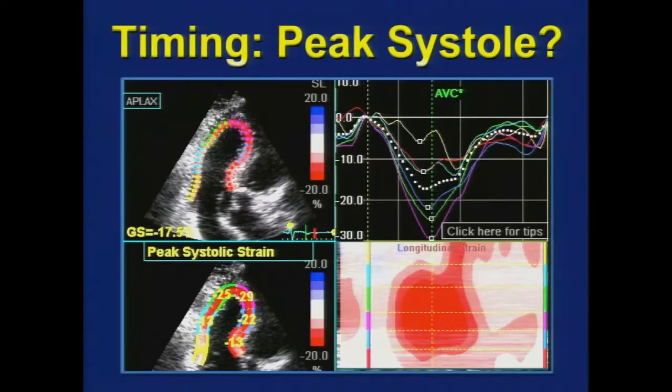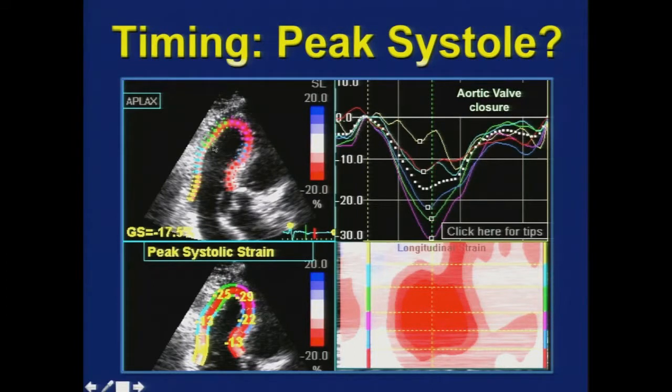This is global longitudinal peak systolic strain. So we need to define peak systole. And for this, we really look at the concept of aortic valve closure. And that's why we often have to begin by looking at this apical 3-chamber view, where we can see the motion of the aortic valve, and we time peak systole to the closure of the aortic valve visually. With Doppler, you can just look at the closure clicks of the valve. With M mode, if they show you that, it's just when the aortic valve closes. So peak systole is really defined at aortic valve closure.